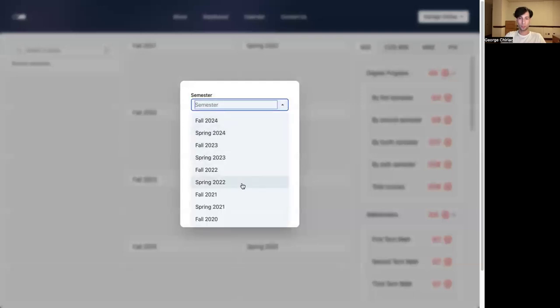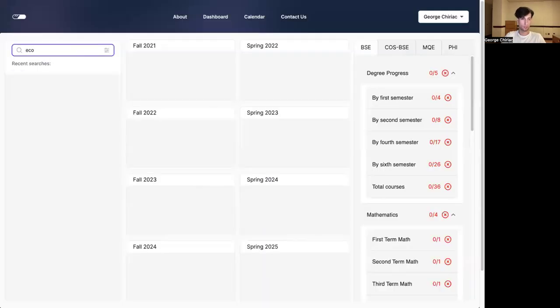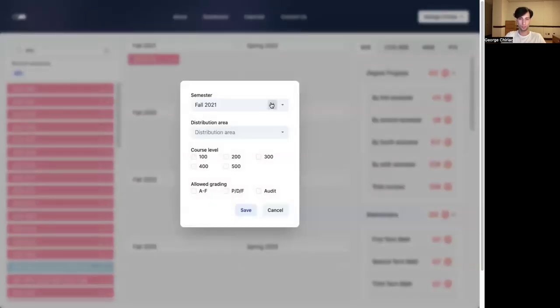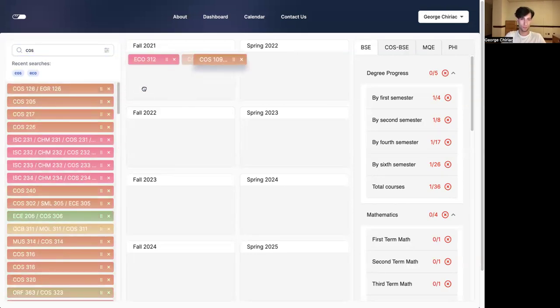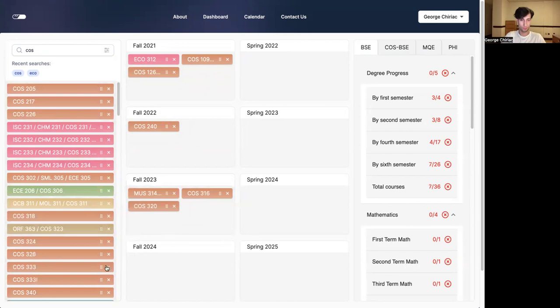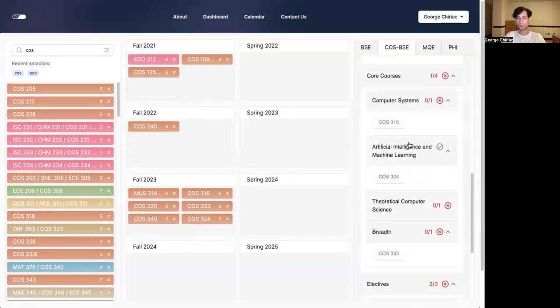Now I can begin dragging courses into my schedule. Let's say I want to drag into my schedule a course that I took freshman fall. So I click on filters, then I click on fall 21. I search for econ courses, and I drag my course in. I can also remove the filter and then search for COS classes. Now, if I look on the right, I see that some requirements are satisfied, and others need courses to be